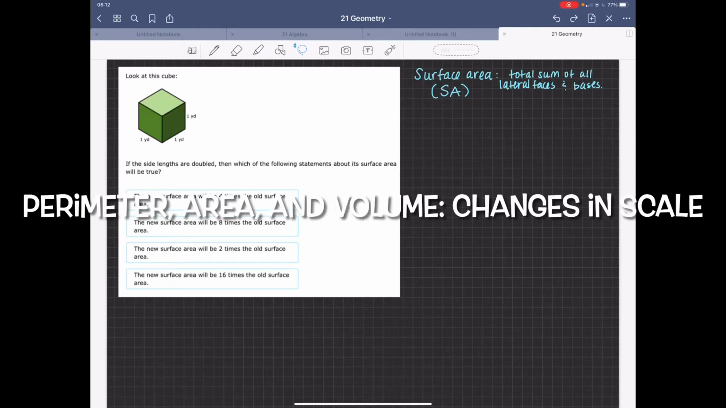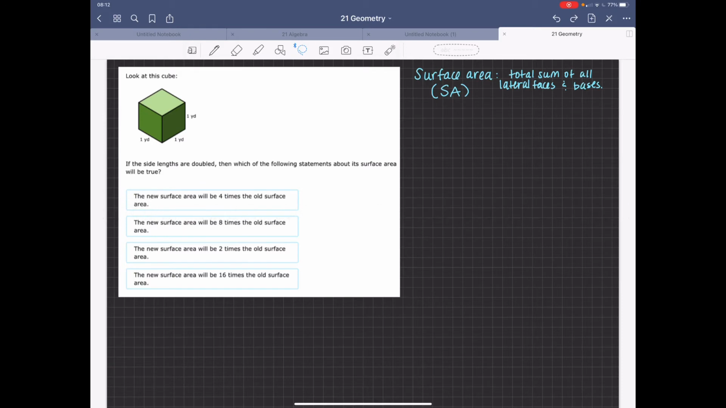Good morning. We're looking at surface area, which is the total sum of lateral faces and bases. The faces are everything that's vertical, everything standing, and then the base is going to be the top and the bottom. So before we look at this problem, I want to let you know that instead of using the dimensions given to us in the problem, we're going to use the actual